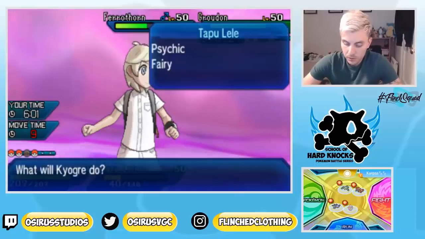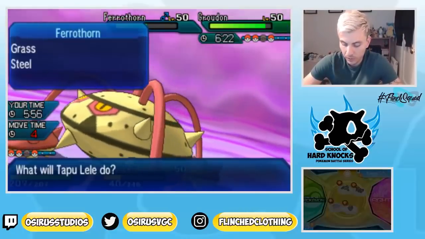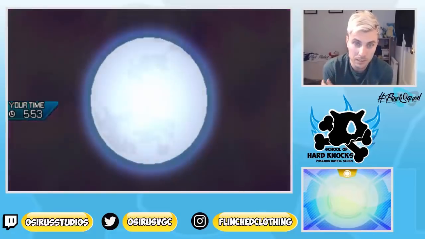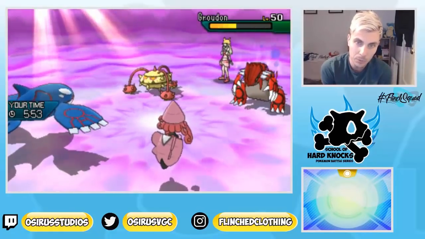The other option is just switching into... No, I feel like I want to get rid of the Groudon. I feel like the Groudon would probably attack here. Okay, no Protect. Groudon going to stay in. It's just whether or not our Kyogre is faster than it. You would imagine it probably is, because...